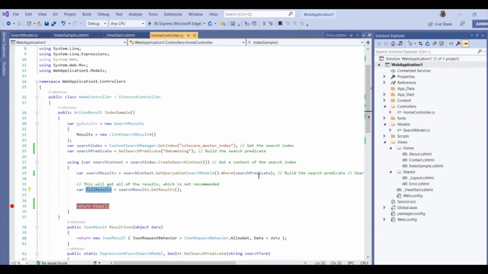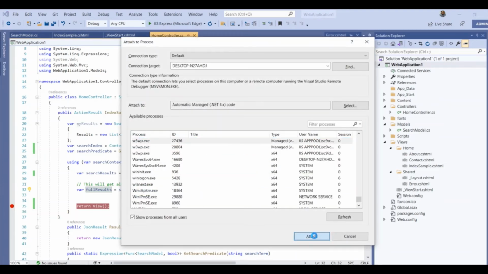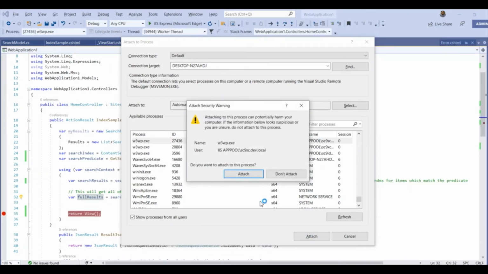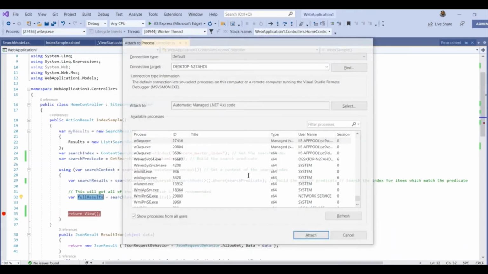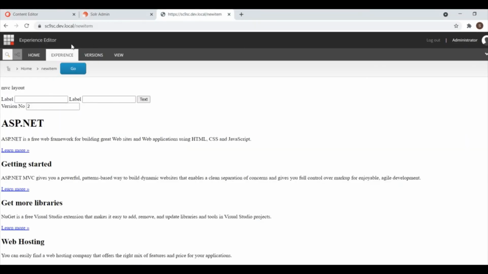Okay, now I will show you a demo. Before that, I will attach the process. I'm going here and just refreshing.